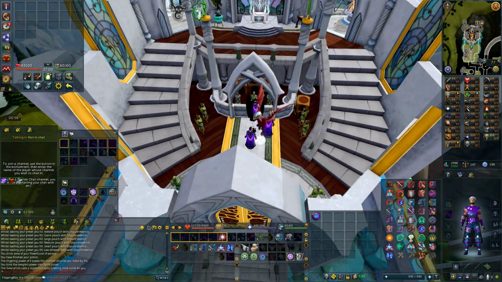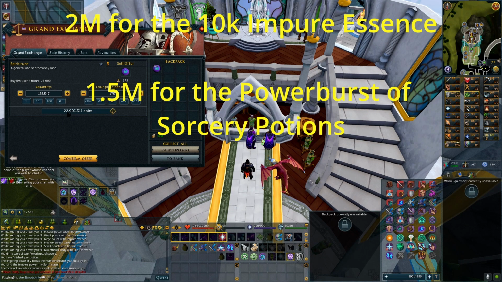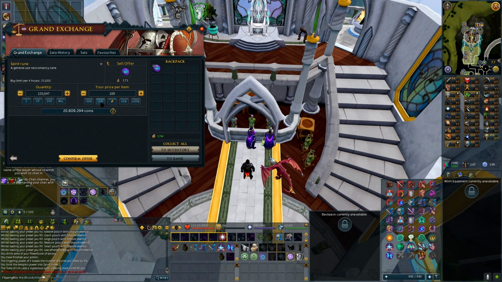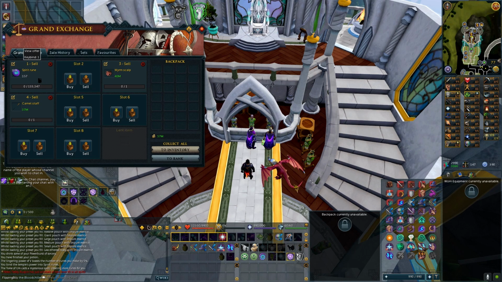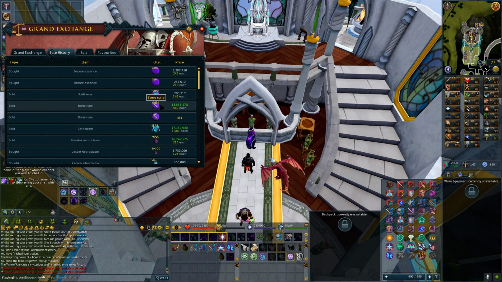Now, it did cost about 3 to 3.5 mil for the power burst potions. Selling them off. Let's see, what did I... So I actually did an hour of bone runes before this. I found out my mic wasn't turned on, or it was on mute the whole time I was recording, so that kind of sucked, but I found out that those actually are crashing pretty hard, so not the best one to do right now. So Spirit Runes were selling for 146 each